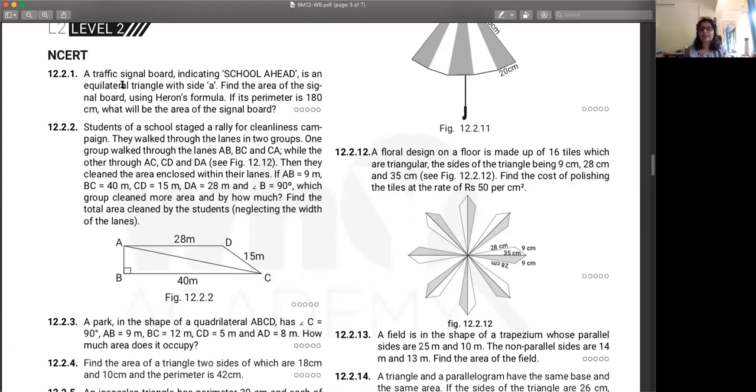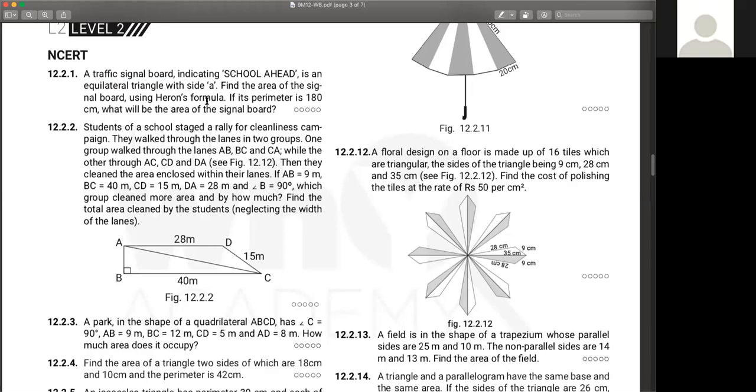Yes. So earlier we had derived the area of the equilateral triangle. Ma'am, Heron's formula does not say root 3 by 4 a square. Heron's formula is root of s into s minus a into s minus b into s minus c. So now using that formula, because in the special case of an equilateral triangle all sides are equal, in place of a, b, c you put a, find s also in terms of a, and then you can find the area of the equilateral triangle. Exactly the same way as earlier.